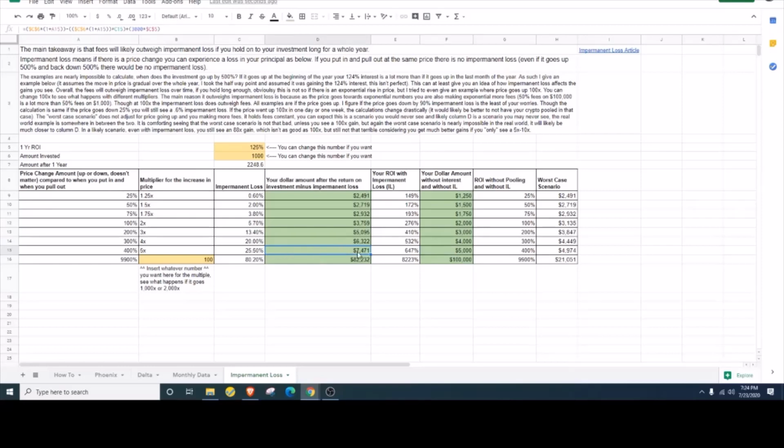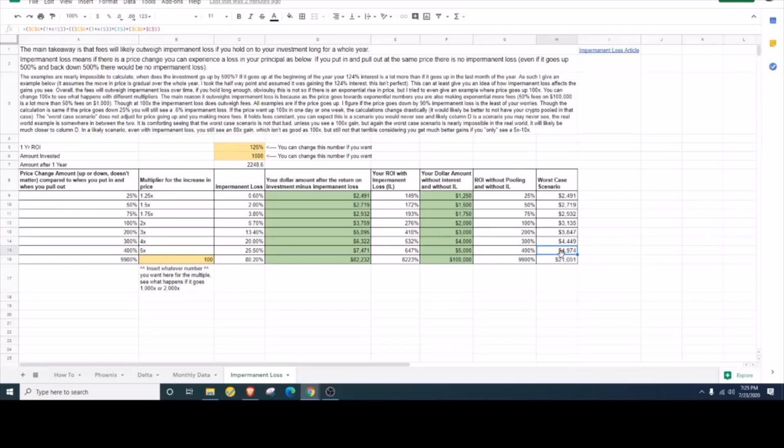And so looking at what the fees do with that impermanent loss, the gains is $4,000 with the impermanent loss, but in fees you gain $3,471. So by holding it in a pool, even though you had impermanent loss, you still made out better than if you're holding it outside the pool. And this is an average, saying that the price goes up slowly over the year. Worst case scenario is if the price goes up at the very end of the year. So if it was $1,000 the entire year and at the very end it went to $5,000,